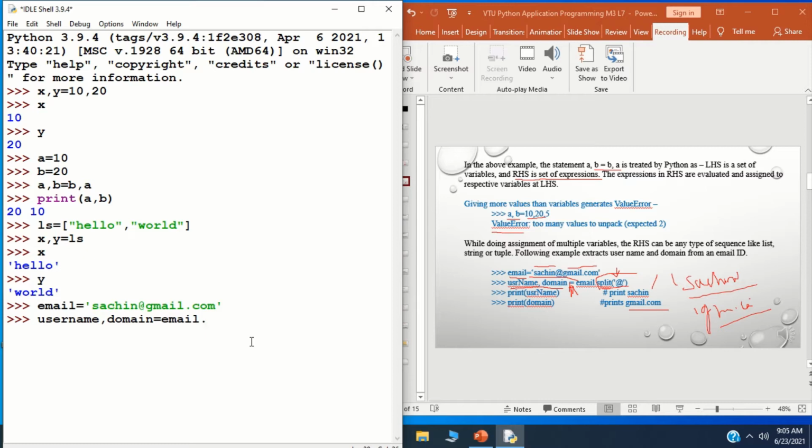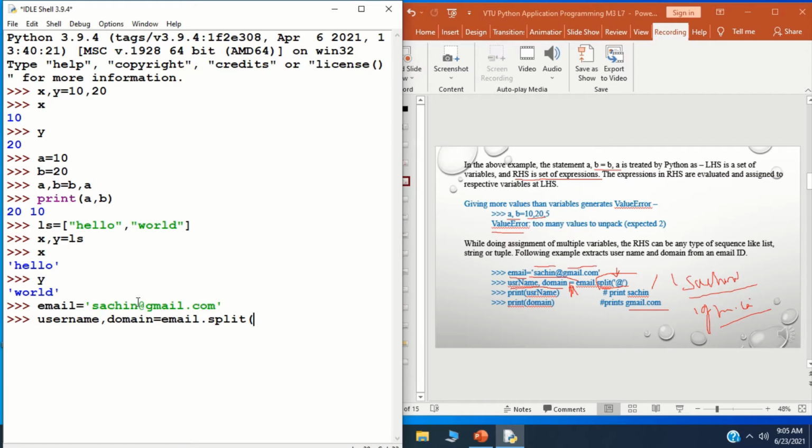After that I'm going to invoke the split function. Split of, so here I am passing the parameter. Here I want to extract sachin and gmail.